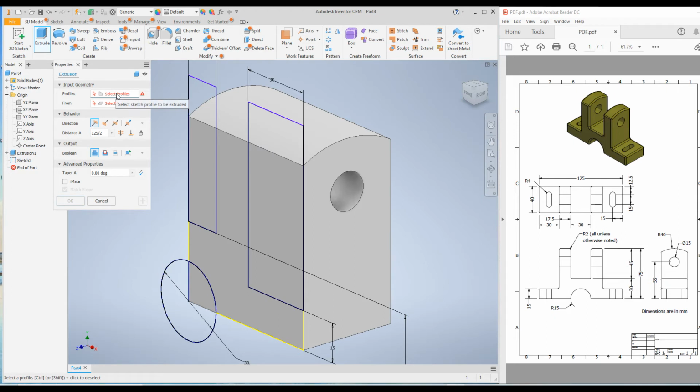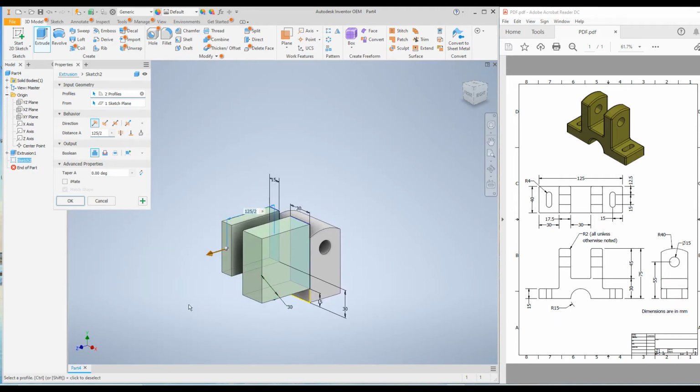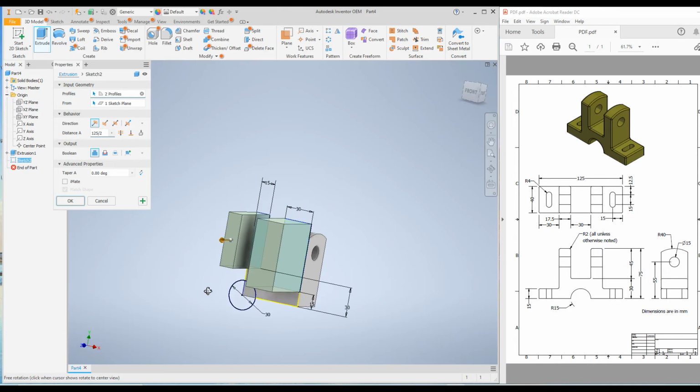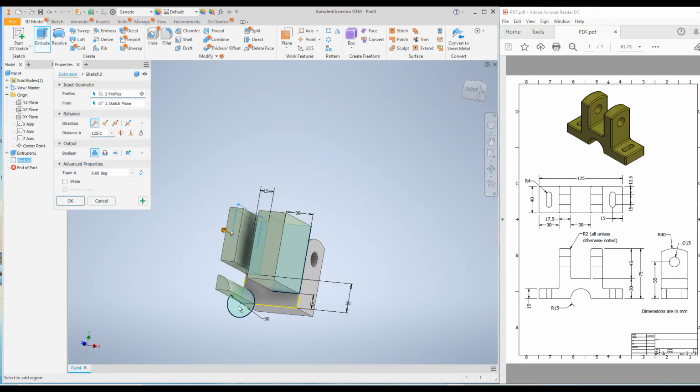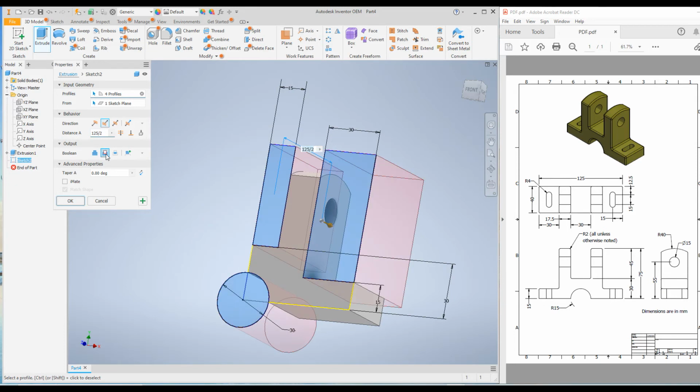Now we have to select the profiles. I will select this profile, I will select this profile, and press shift and mouse button to rotate, and I will click on this profile. You can click this area as well. Now we have to use this option, we have to use cut option, and